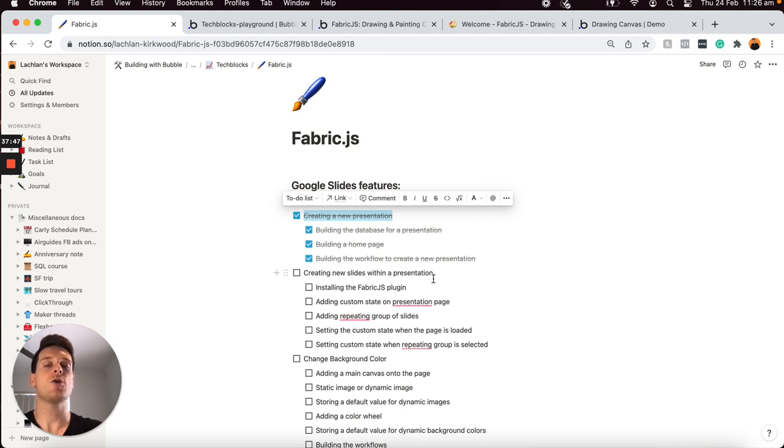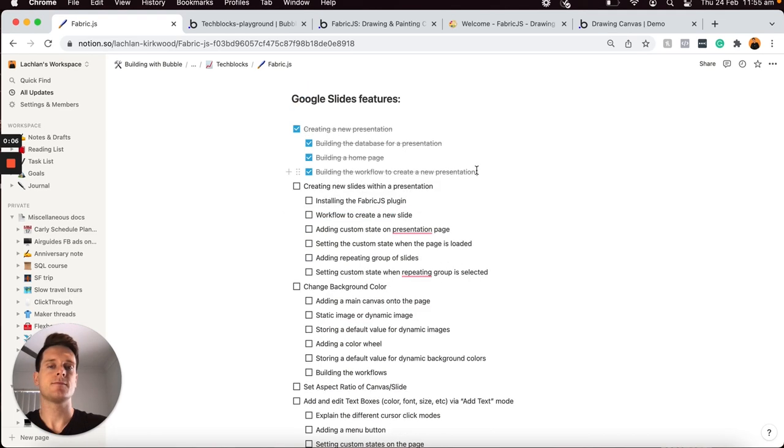But for now, I know this page wasn't a very exciting feature to have to build, but it's definitely an essential page to power the rest of our Google Slides application. Now that we've finished building out the workflows and page necessary to create a new presentation, what I want to do is get to the core of my tutorial today, and that is explaining how we can start creating new